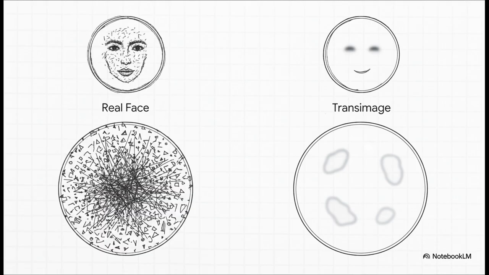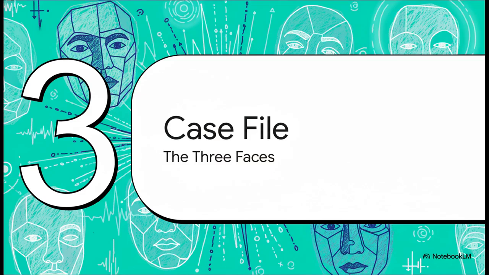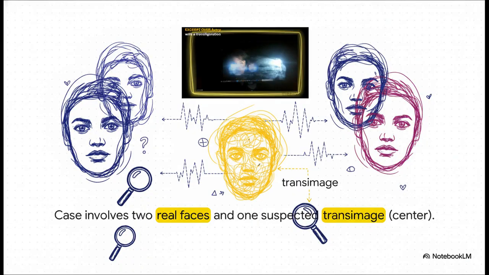By contrast, the smoother pattern of the transimage suggests it just has fewer fine details, which is totally consistent with the idea of it being a simpler, projected visual. Okay, now the analysis really ups the ante with a second, more complex case. This time, it's not an overlay. We're looking at three distinct faces that all appeared in the same video frame. Here's the source image for that.